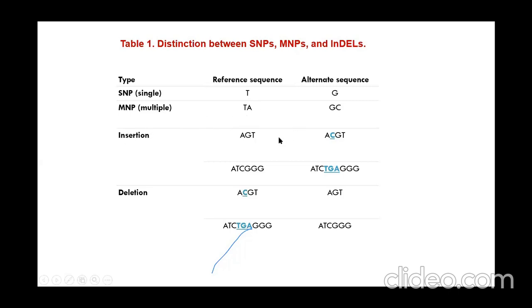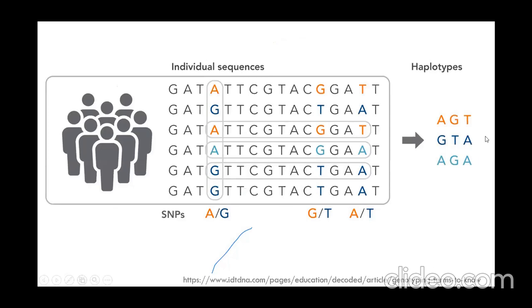An insertion is a new nucleotide added. C is added here. A small TGA is added here. A deletion is a specific portion, C and TG, deleted here. So insertions and deletions are also examples of polymorphism, but for the curriculum, only concentrate on SNPs. So you're looking at the population, individual sequences you sequenced, and specific variability at the given location, called SNPs, and then you generate a haplotype. In a given gene, AGT is a haplotype, AGA is a haplotype, GTA is a haplotype, among the population.